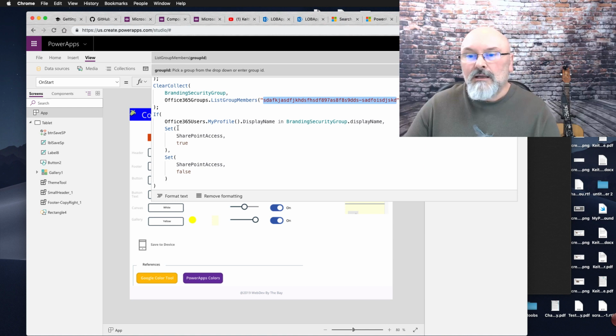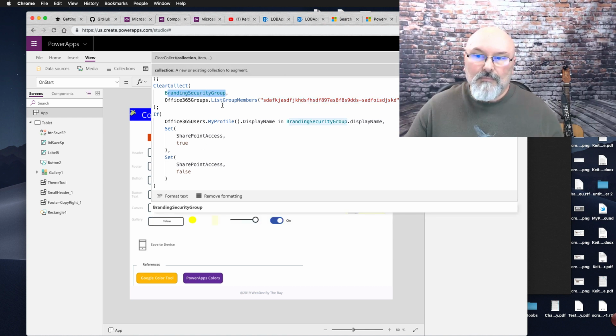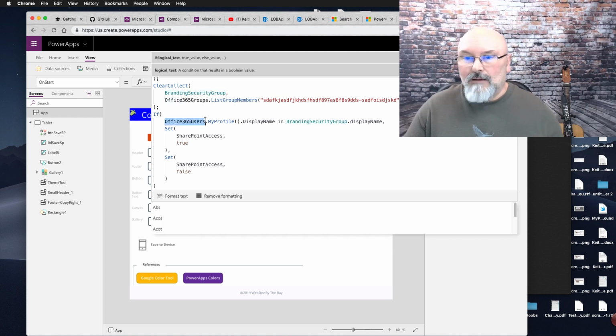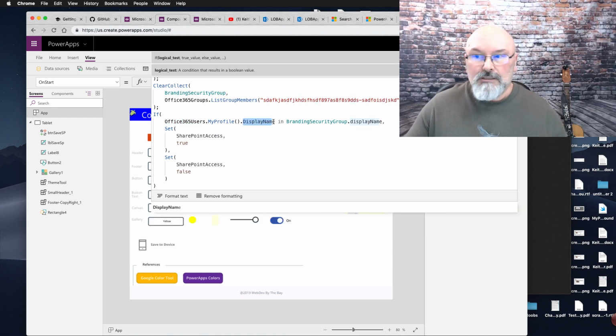Okay, and then I need to do a comparison of the current user to find out if they're in this collection. For this one, I'm using the Office 365 Users connector, and I'm specifically targeting the MyProfile function and the display name of the MyProfile function.